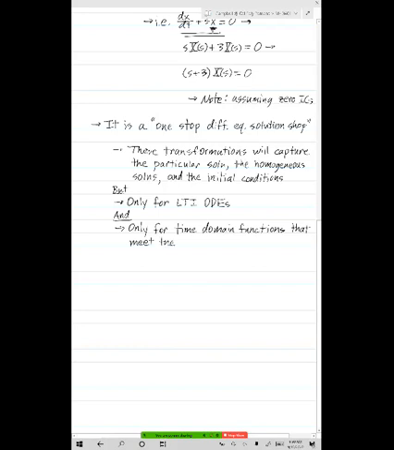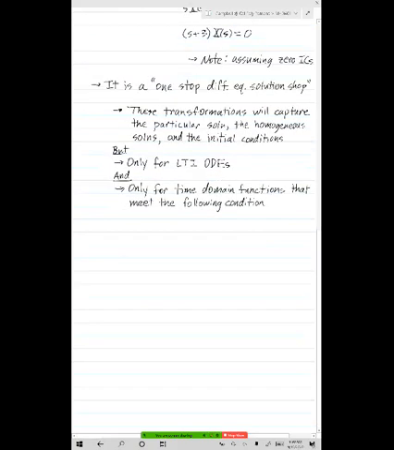Here I'll say the following condition. And that condition is